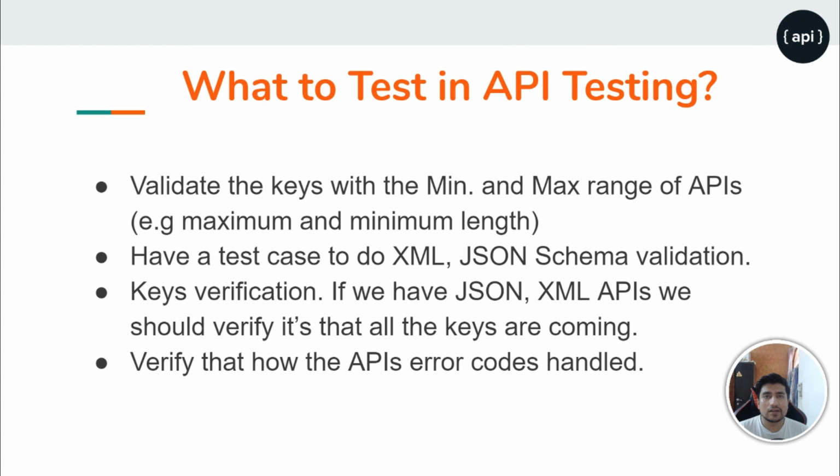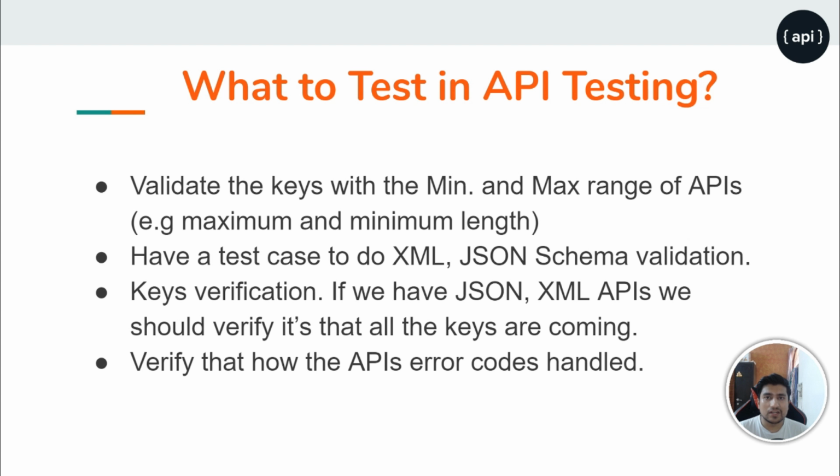So the question arises, what to test in an API? There are four important points, but what to test in an API is a very long list if you are doing it practically. In theoretical concepts, we are just verifying how APIs behave whenever there is a bug or an invalid response. For example, we test what kind of status code comes back if we are sending an invalid payload.